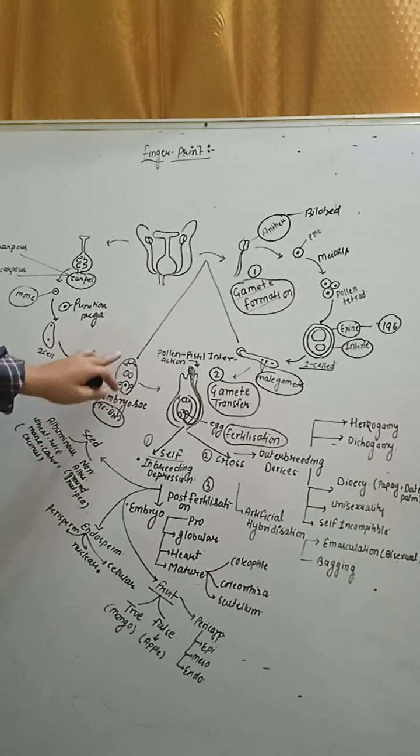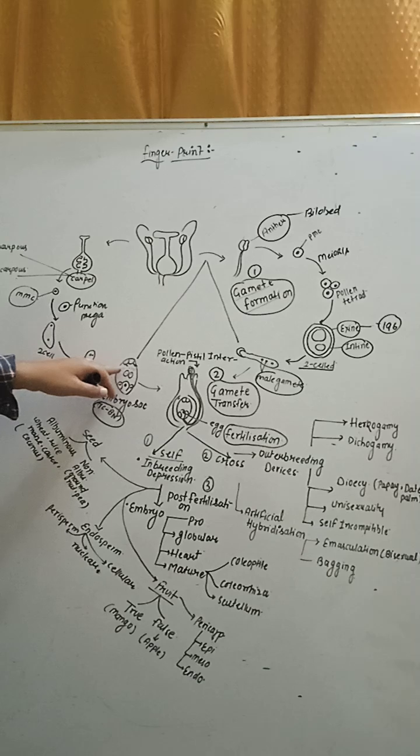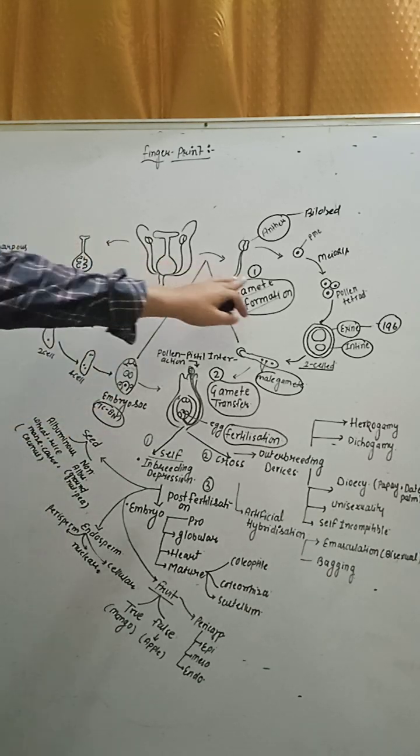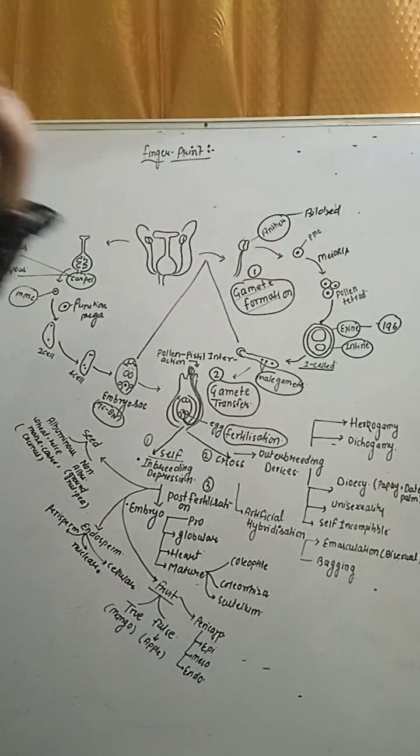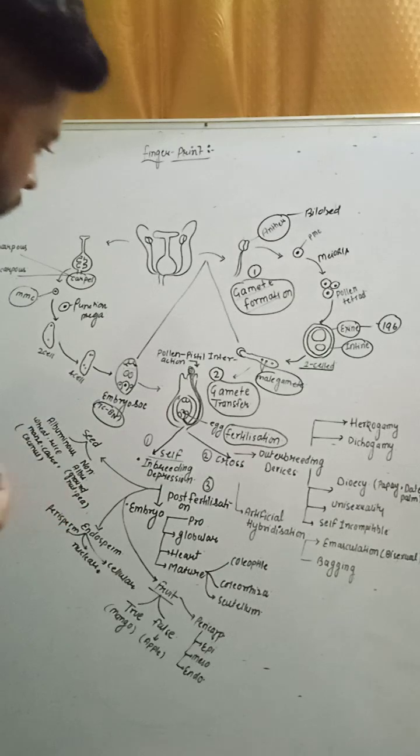So 8 nuclei, as you know: 3 antipodals, 2 synergids, 1 egg cell, 2 polar nuclei. If we talk about 7 cells, then 3 antipodals, 2 synergids, 1 egg cell, and there is a central cell. Clear? Do not count polar nuclei separately. There is a central cell, that is called 7-celled and 8-nucleate. So this is gamete formation, a pre-fertilization event. Clear to all?